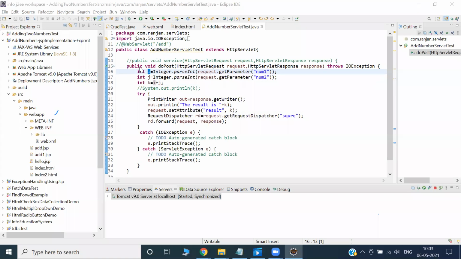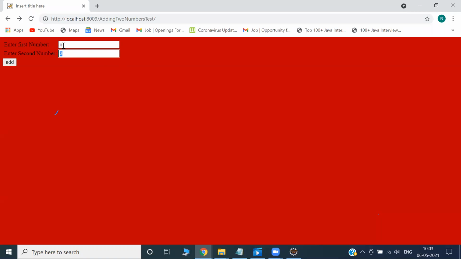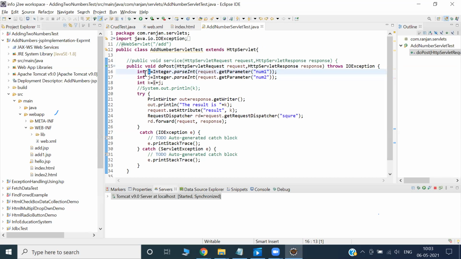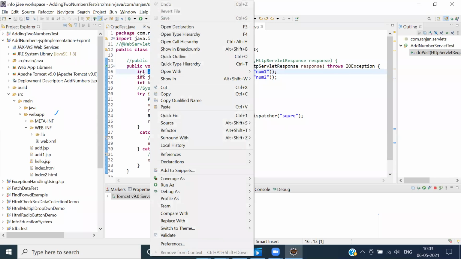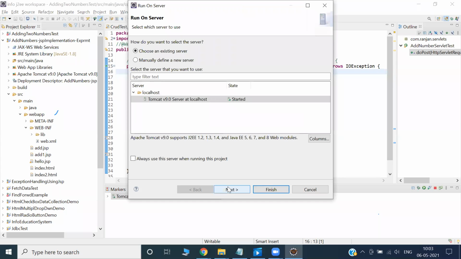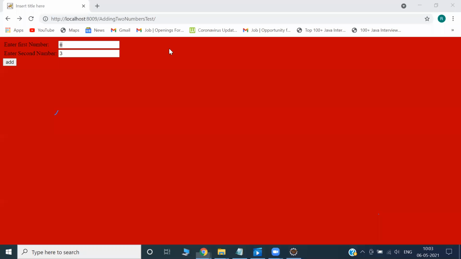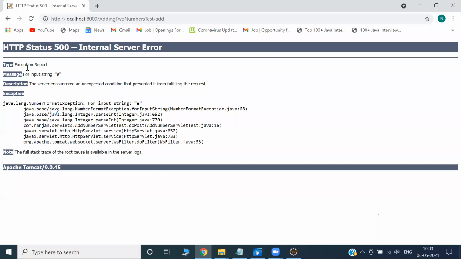So now your system, or your JVM, will try, because this is a core Java concept right now. Your JVM will try to convert this E into a number. Don't you think a NumberFormatException will occur? Who can tell me what is NumberFormatException? Is it a checked exception or an unchecked exception? Can you see NumberFormatException?